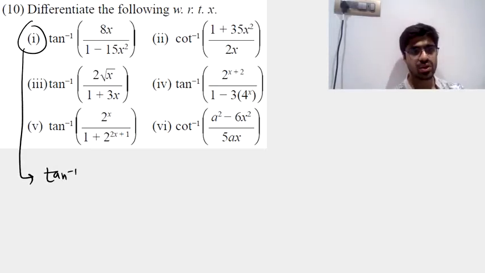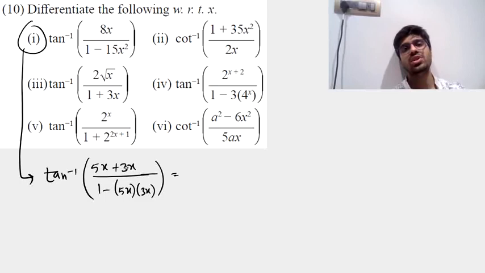We continue now with the 10th main question, the first one. So you have tan inverse of, you can write the numerator. Now see, there's a minus here. So in the numerator you can write that term as a sum of two terms whose product must be 15x square. So they are 5x plus 3x upon 1 minus 5x into 3x.